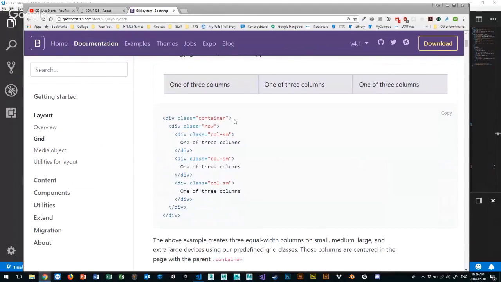Notice this is the structure we have. We have a class of container, and inside that we have a div with a class of row, and inside that we have a div with the class of column dash small. Column dash SM, SM meaning small, is the target viewport you're targeting. So if I'm targeting,